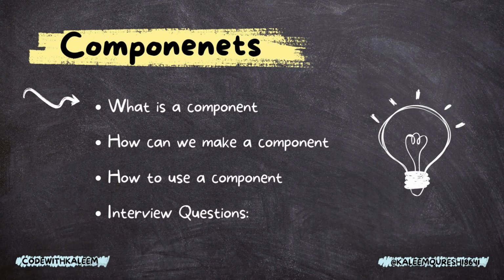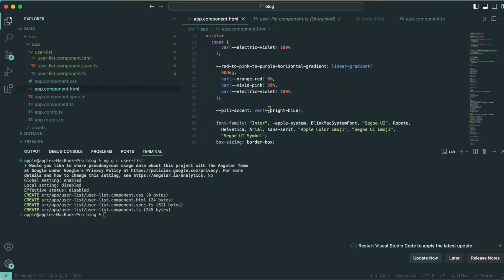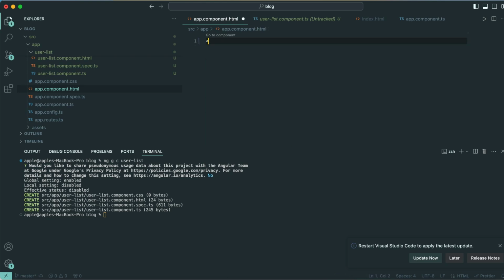Now we just learned what a component is and how we can make a component. So it means that we already learned two things. The next step is how to use this generated component. In order to use this generated component, you can just use it here. This is auto generated content. You can just remove it and paste your own content, for example, Hello Angular